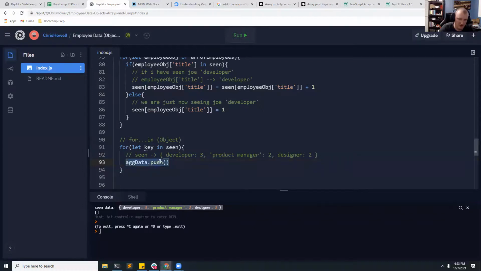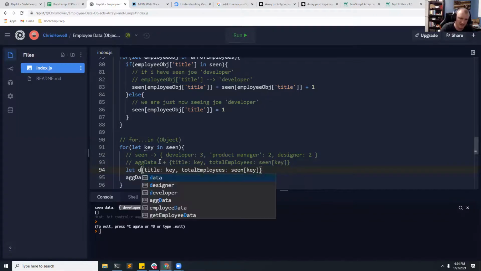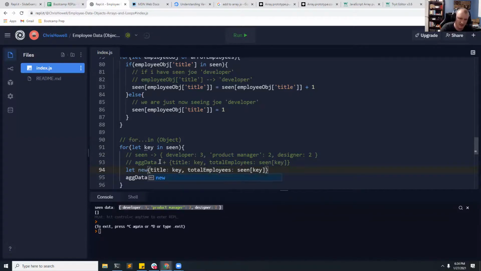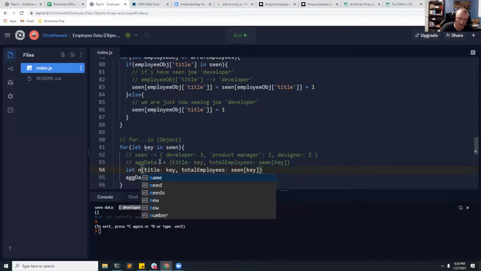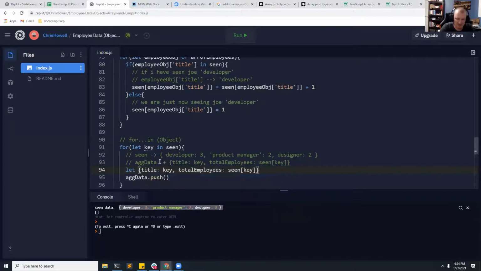Let me go back to that. Let me undo. So this is what I was thinking in my head. I can't really do that, but I want to do this thing. I can do it in this line, or I can do it on separate lines if I want. So I can say let new, what is this? Let